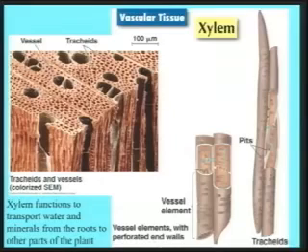So there are two types of vascular tissue. There's the xylem and the phloem, which we'll get to in a minute. The xylem is involved in water conduction as well as conduction of inorganic nutrients from the soil through the roots up into other parts of the plant. And this conduction of water doesn't require energy on the part of the plant. And the cells that are involved are dead at functional maturity. So we'll get into how that works a little bit later, but the two major types of cells in the xylem, the main cells that are involved in the actual moving of the water, that actually serve as the conduits for moving the water through the plant,